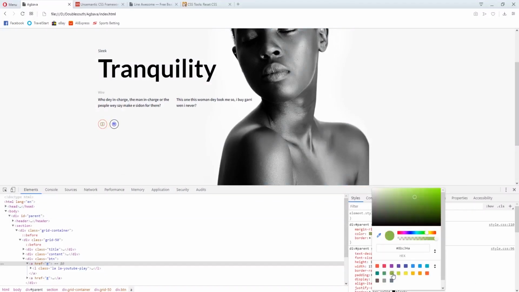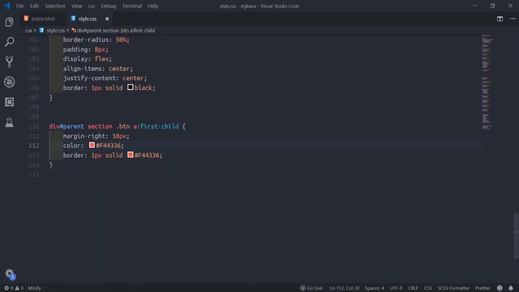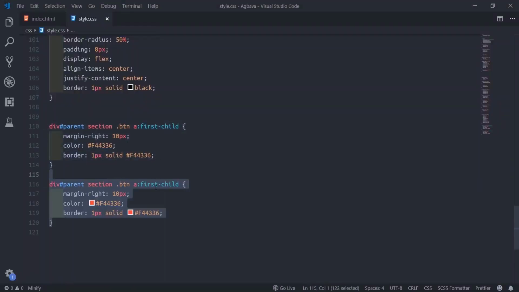And this color I will use. So I'll just copy this color and use it there. So I'll duplicate this. Instead of first child, I will say last child. See, last child. Then paste this color here. So this one is the red now, this one is the green.